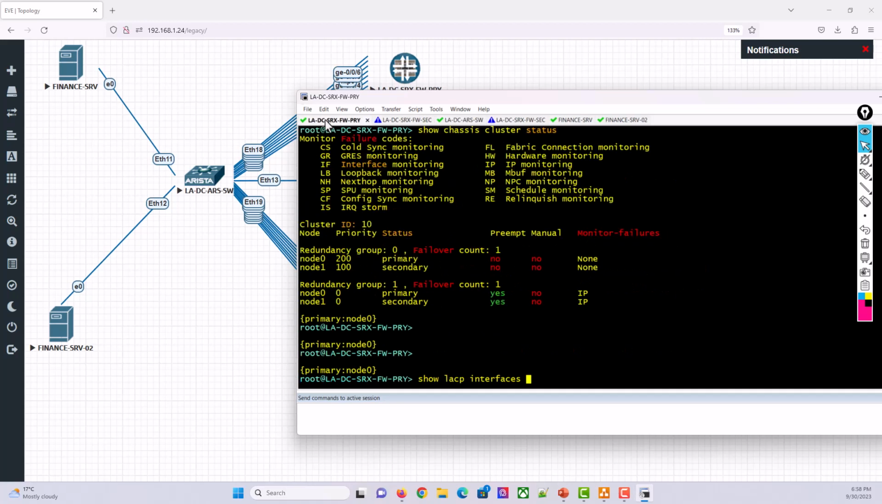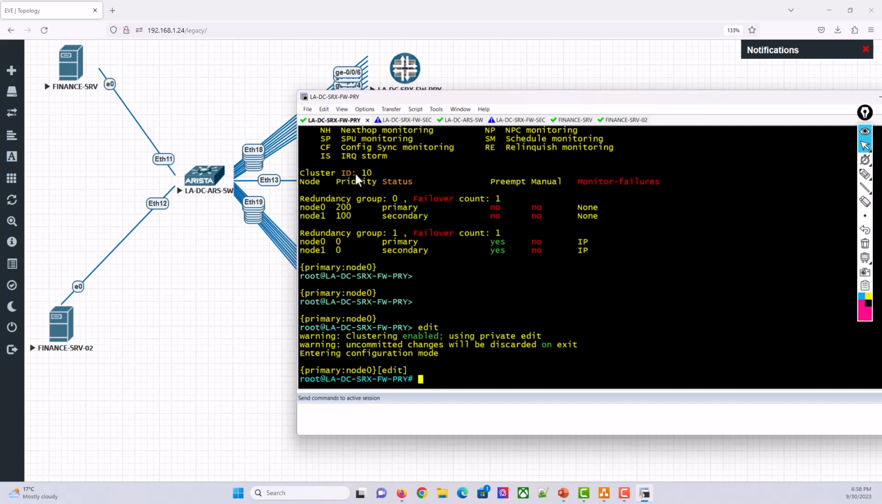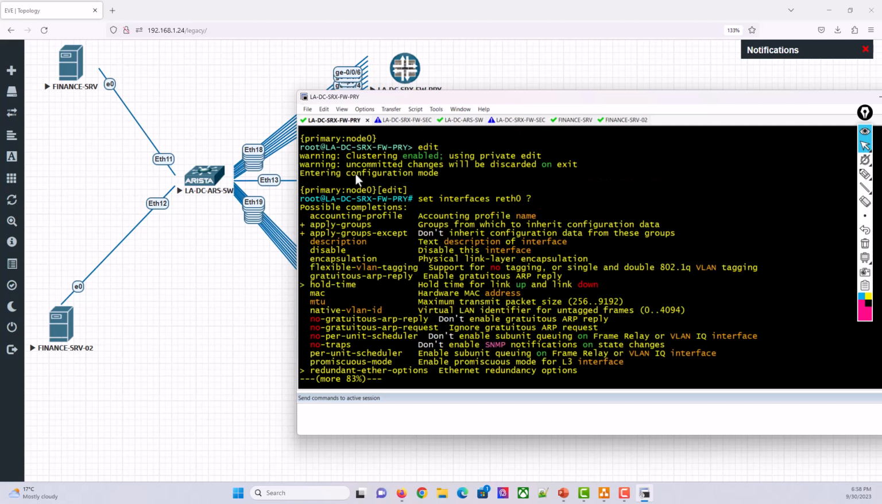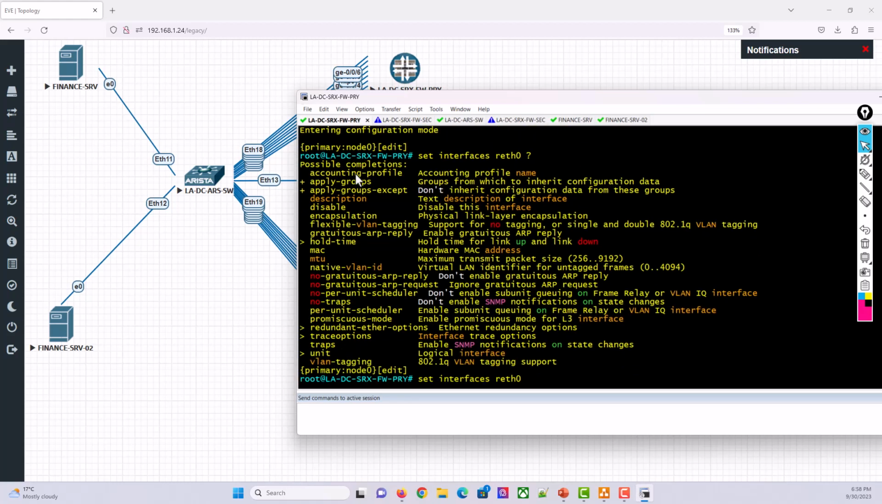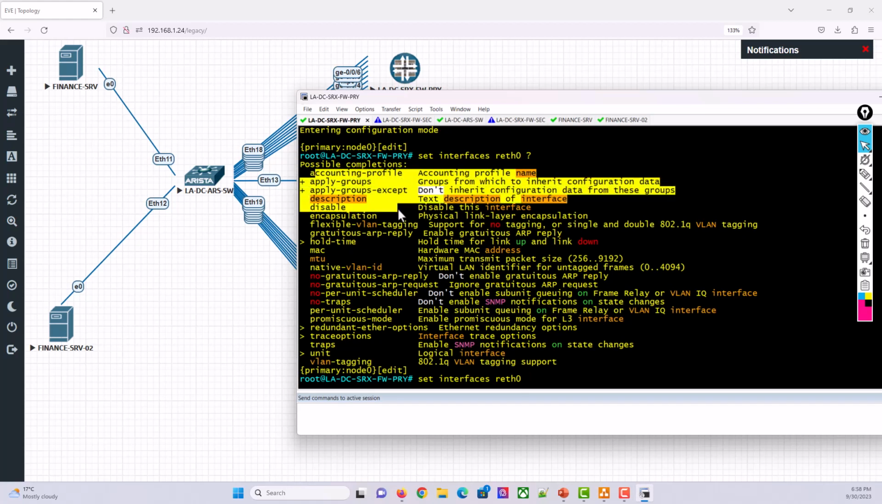So another thing I'm trying to check here is I want to be sure that the configuration is right, because when you say set interface RETH 0, let's see the options I have. I'm looking for something that has to do with, I was expecting you have a place where you tie in the